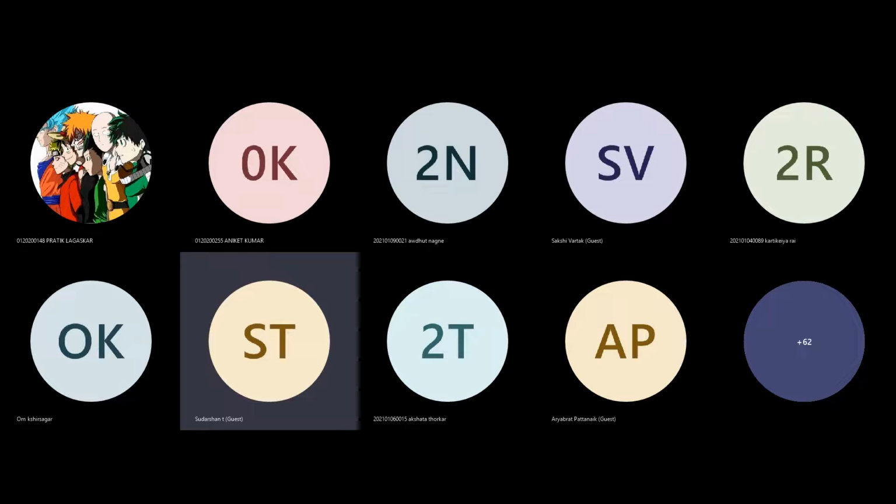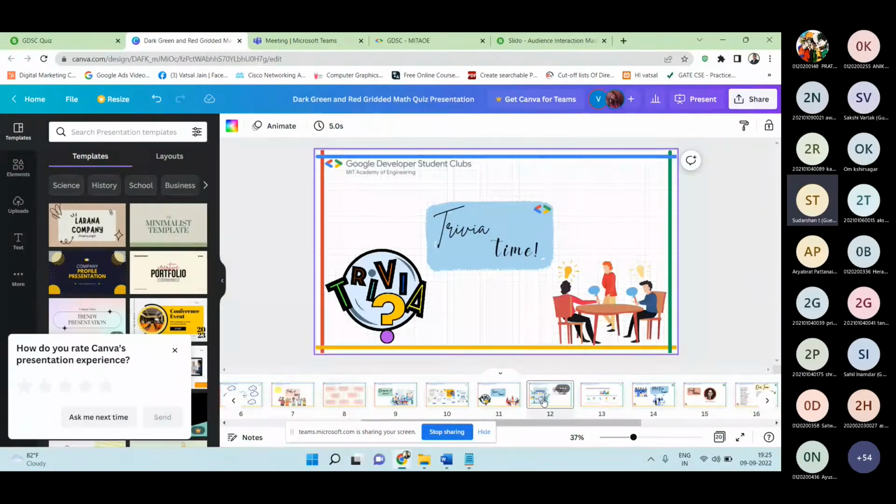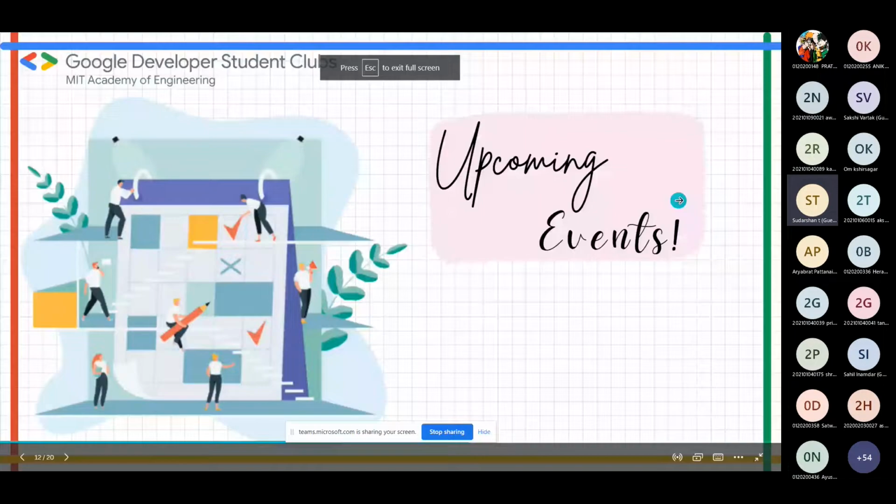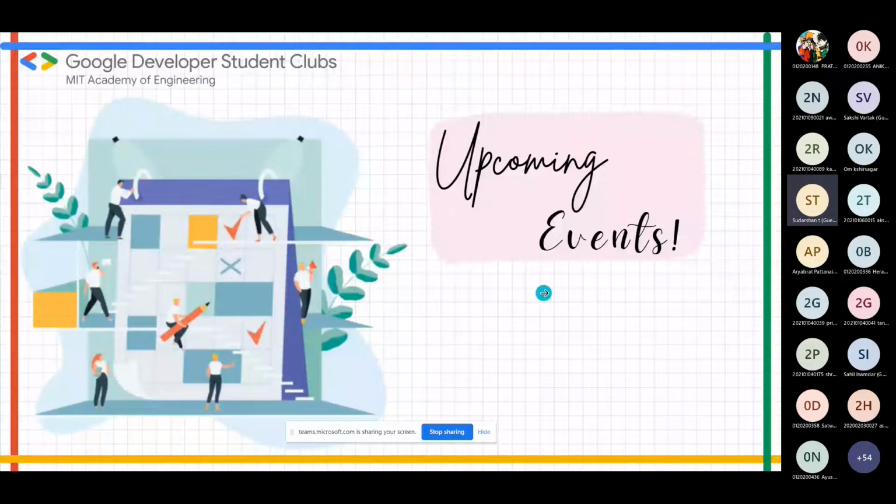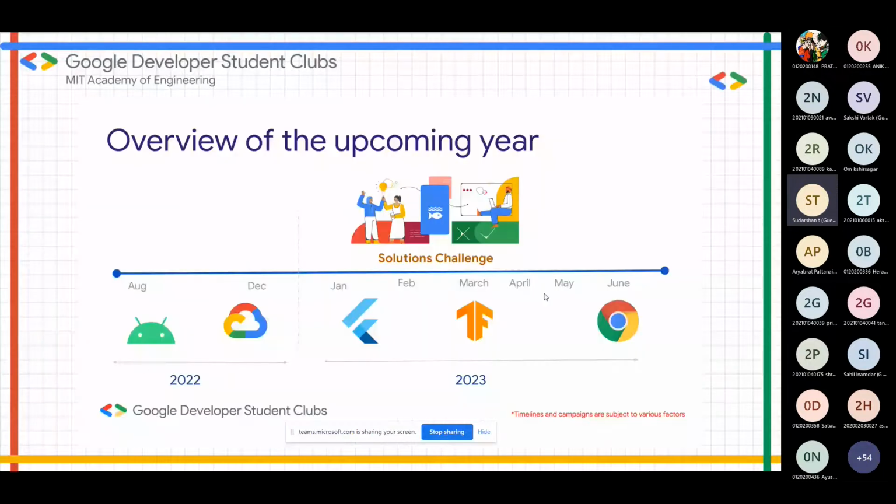So now I will tell you the upcoming plan of GDSC, how we will go. This is our roadmap for the coming year, 2023.